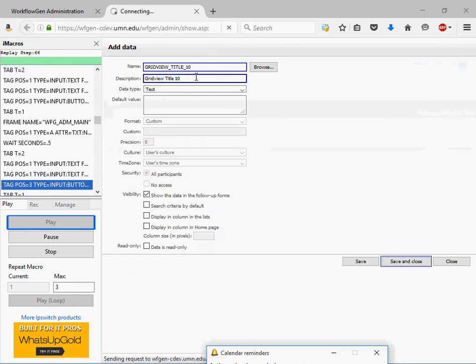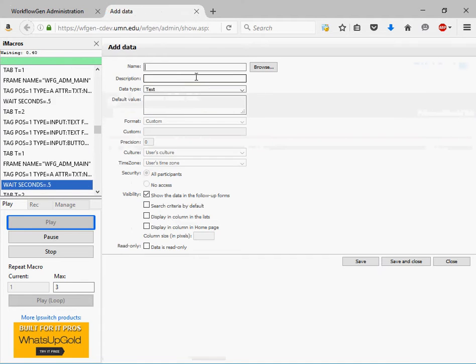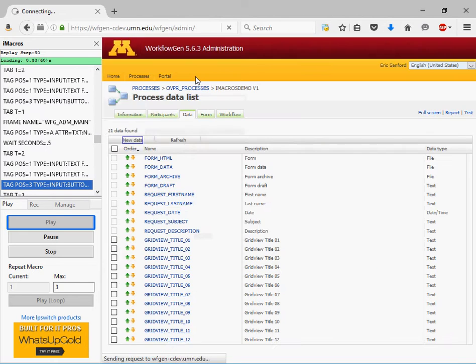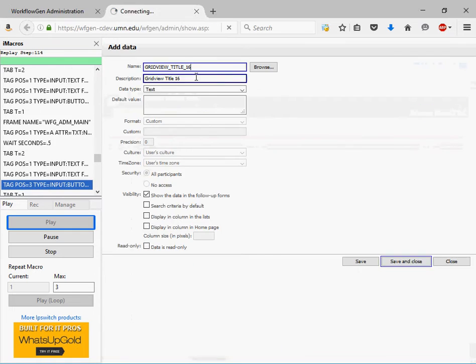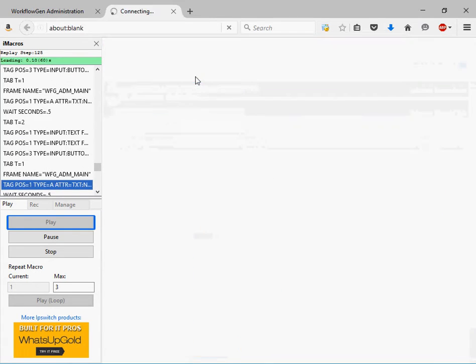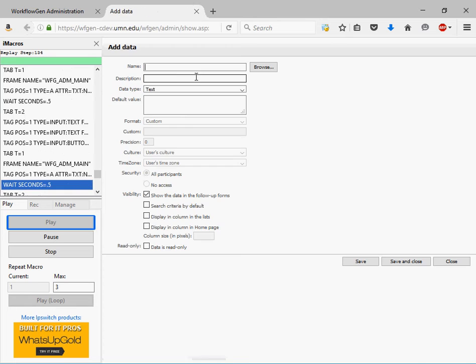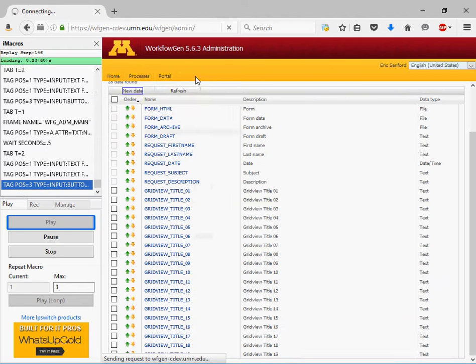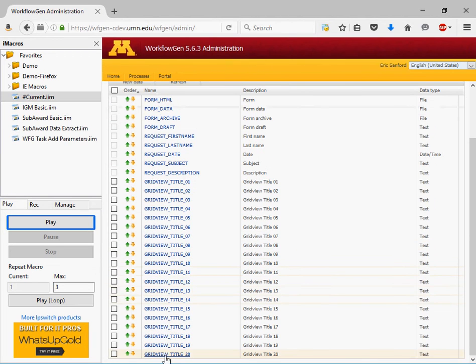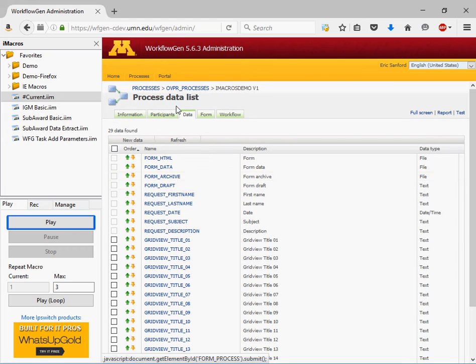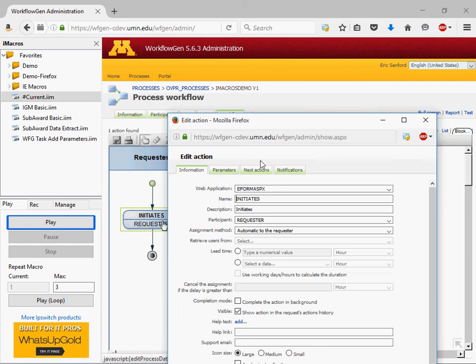This is where the savings comes in. This would take a lot of point and click to get through all this data entry. So this is much faster. There you go. We have our 20 process data elements. Now, just to continue on with our demonstration, what we really want to do is get some